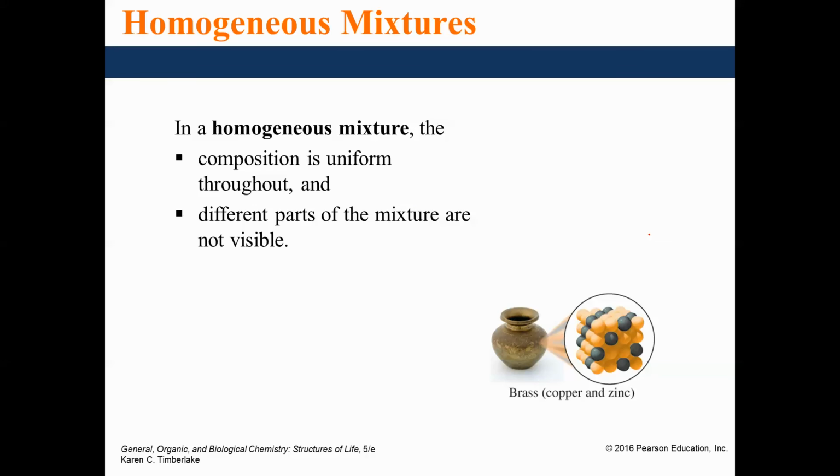So moving on to mixtures. Mixtures are going to be when we physically stir things together, but they aren't chemically bonded to each other. With the first type, we're going to talk about what's known as homogeneous mixtures. Homogeneous mixtures is where the composition is uniform throughout. Another way to think about this, I like to think about this as the components of the mixture are dissolved into each other. So homogeneous mixture, stuff dissolves into each other. Like if we were to mix salt and water or sugar and water,